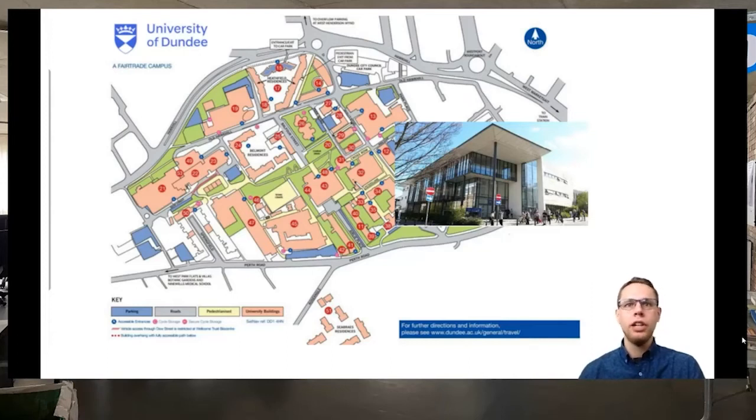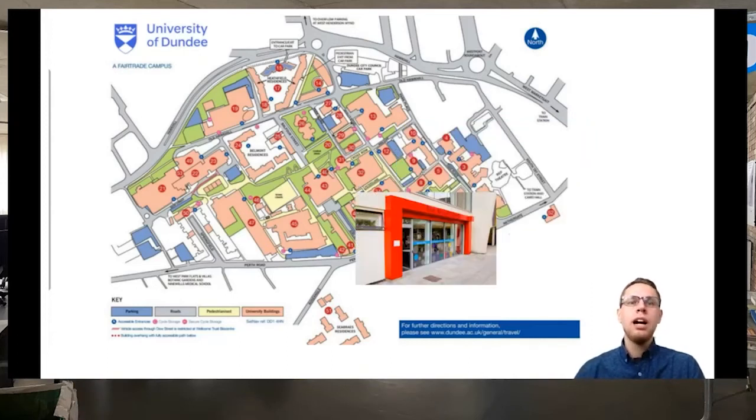place for studying. You also have an inquiry center, that's the small dot here, just in front of our building. And that's a very important place for students, especially in first year, because whenever you have something in the university, a service that you need to access and you don't know where or how to access that service, then you can go to the inquiry center and they will be able to orientate you and tell you where you have to go and who you should be talking to.